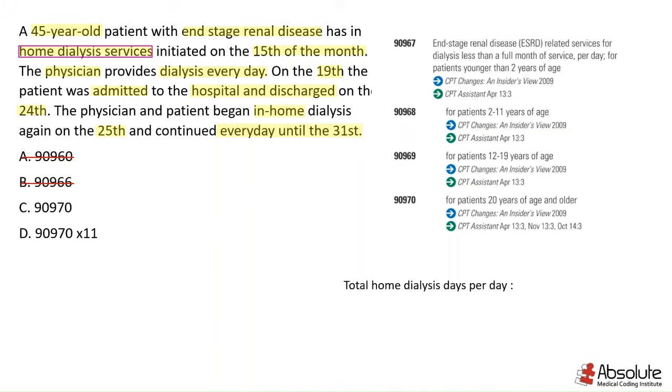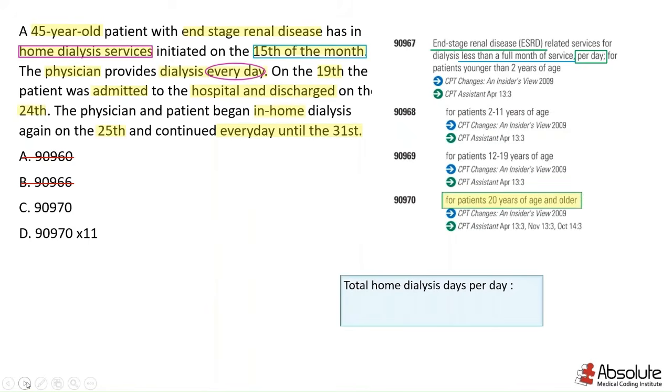Yes, these are per day codes. And how many days of dialysis were provided in our case? These are per day codes. Is that 12 or is that 11? If you remember what I explained in the beginning. Yes, so option C is wrong. That is for just 1 day. But in our scenario,